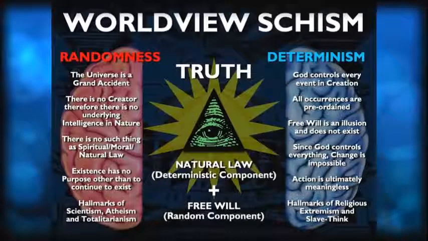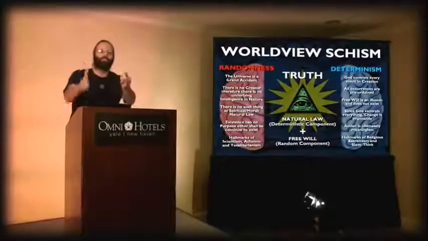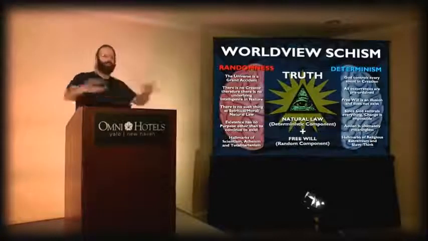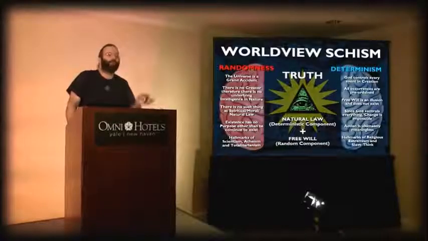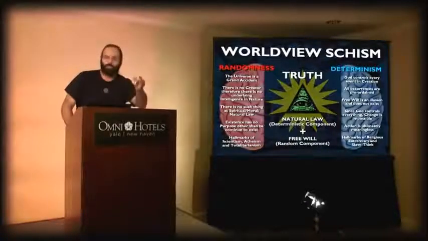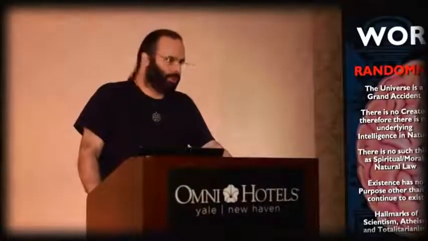The deterministic component is what I'm talking about here today and referring to under the banner of natural law. That is determined. It is law. It is set. You're not changing it. It works that way flawlessly 100% of the time. That's determined. Natural law is determined. Okay? It's the deterministic component to reality. Then there is a randomness component to reality that works continuously in conjunction with natural law. And this is a little thing called free will. Our ability to choose our behaviors, to do certain things and to not choose to do certain things.